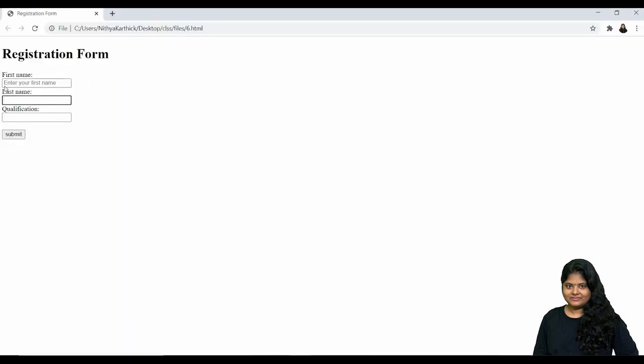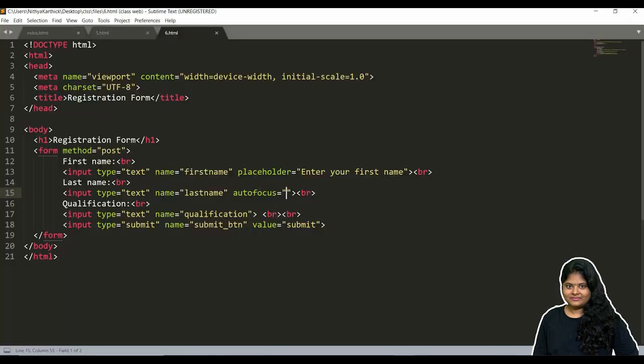You can find that even though this was the first input box, the focus is automatically given to the second box, because we have given autofocus for the second box. When the form is loaded, it automatically focuses on the field which we have given autofocus. So we can go to the next attribute, that is